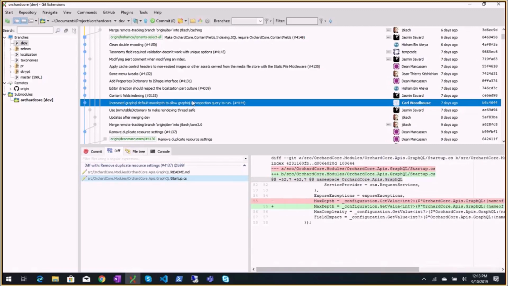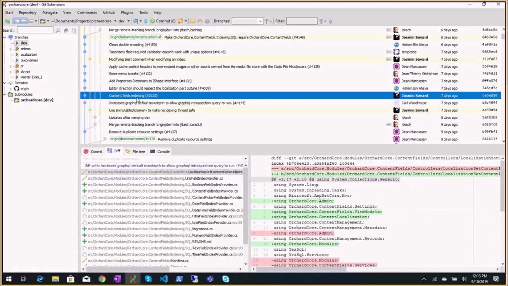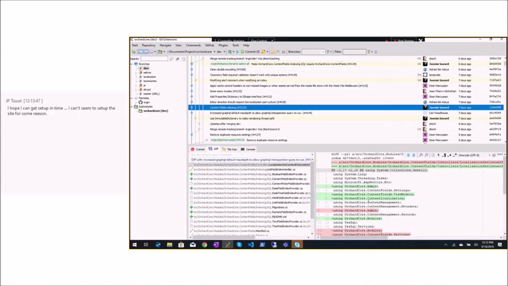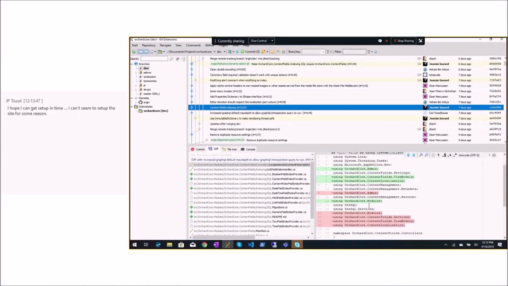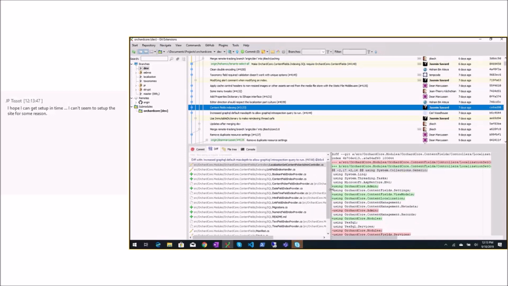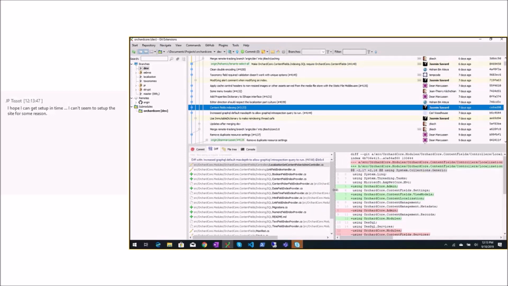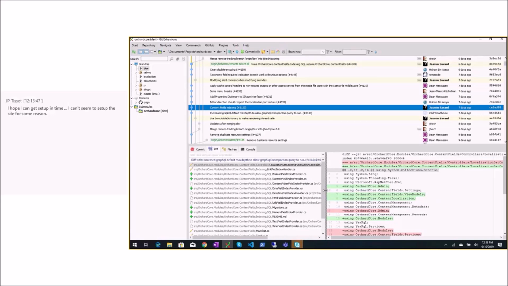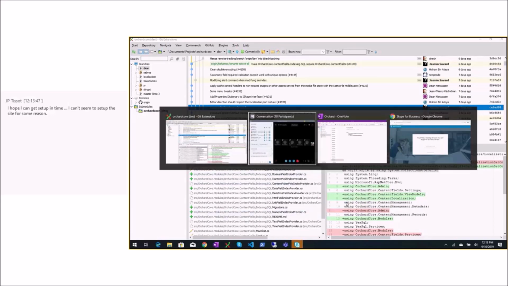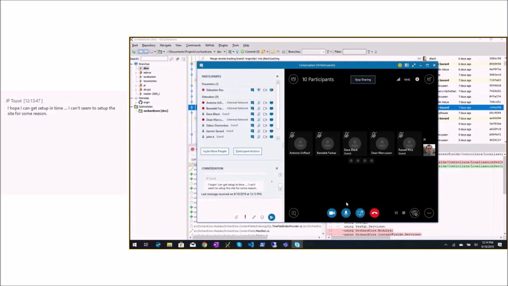Okay, content fields indexing. We merged it. So now you can execute SQL queries on field values, kind of exactly the same way projections is doing in Orchard 1. Because projection is not just about defining dynamic queries and filters. It's about